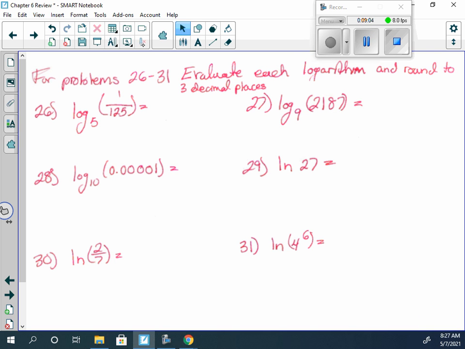Evaluate each log and round to 3 decimal places. I'm not going to be absolutely strict on this here like Big Ideas is, because Big Ideas, I think for some, I don't know if it's in here, counted off or counted it wrong if you didn't round the actual 3 decimal places. So for this one here, log base 5 of 1 over 125, it is -3, yes? You will get that right if you put -3. But Big Ideas Math would have counted that wrong, because it wants